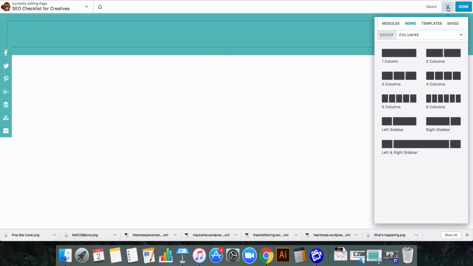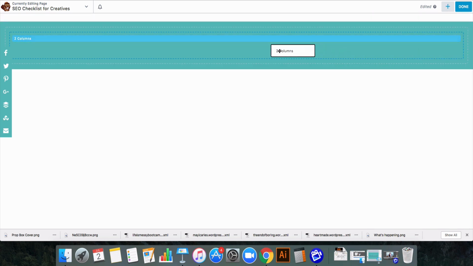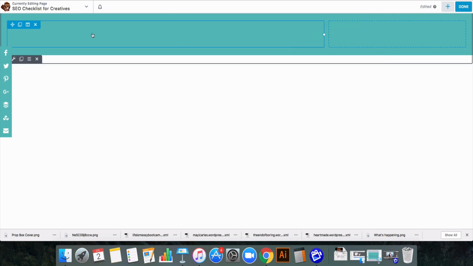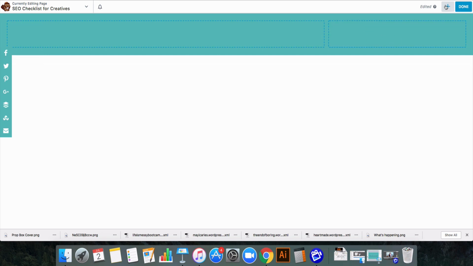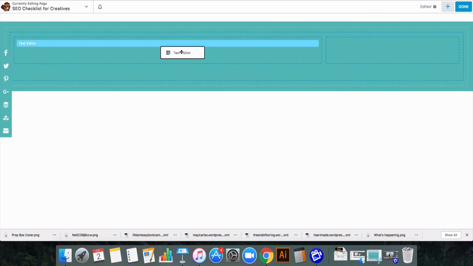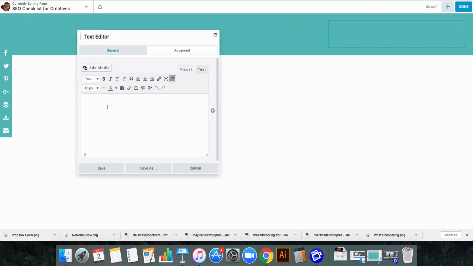And then now what I want to do is figure out how many columns I want. I think I want to have 2 columns so that I can have text to one side and a photo to the other. So I think I'm going to basically have the text on this side and maybe a photo on this side. So now what I want to do is drag in a text box. So from the text editor, just drag that in, and I want to say something about this SEO checklist. So download the free SEO checklist